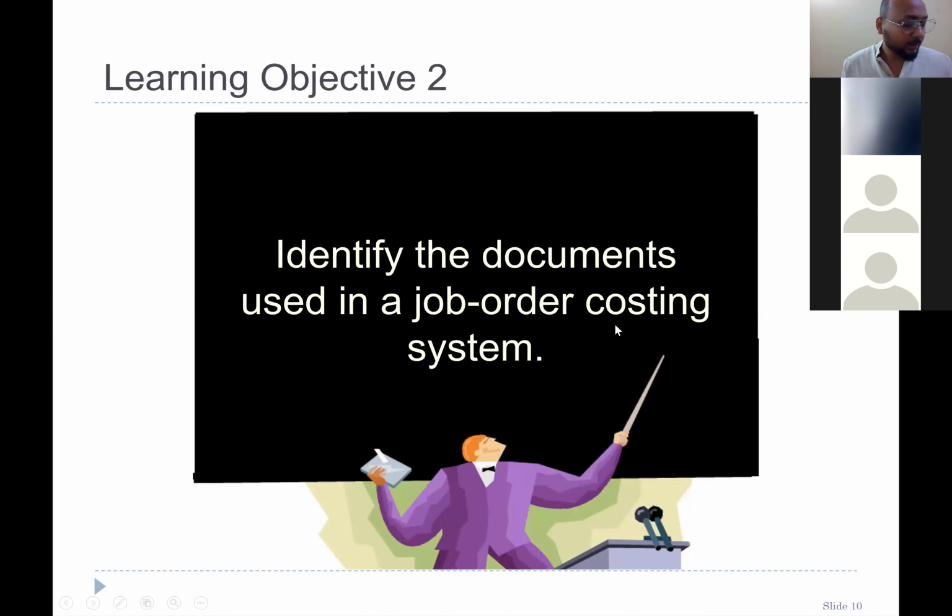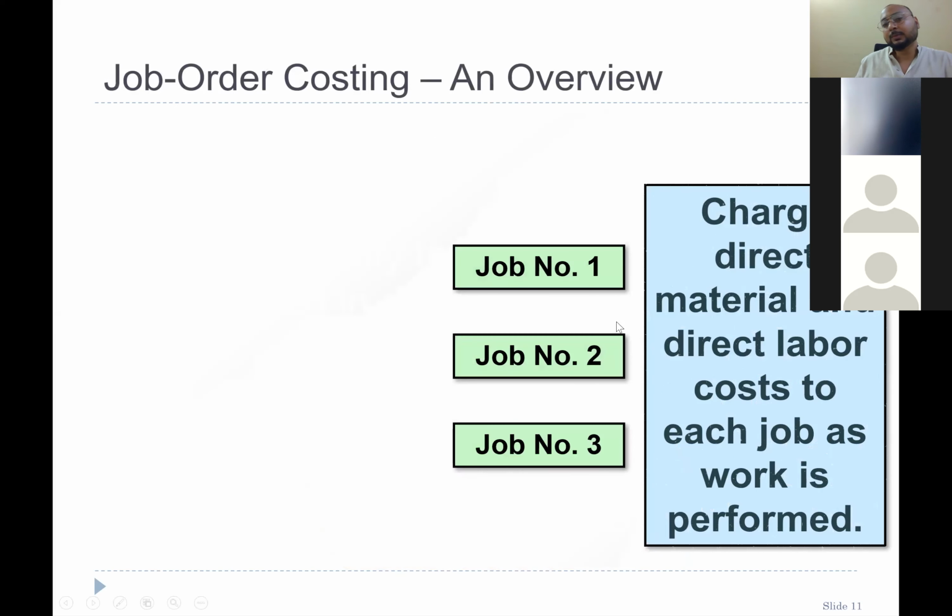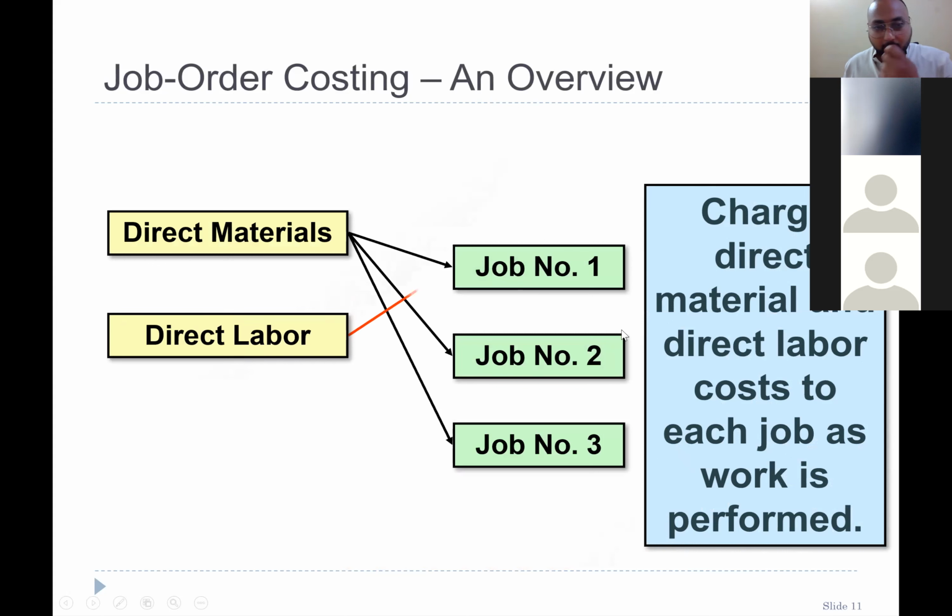So we cleared the concept of job order costing, which is product costing. Now let's deep dive into job order costing. Identify the documents used in a job order costing system. So an overview is that